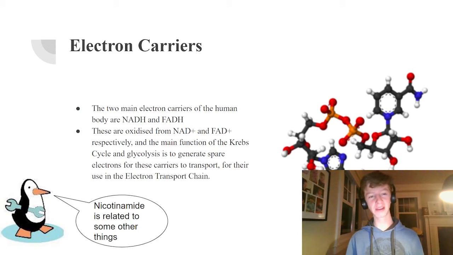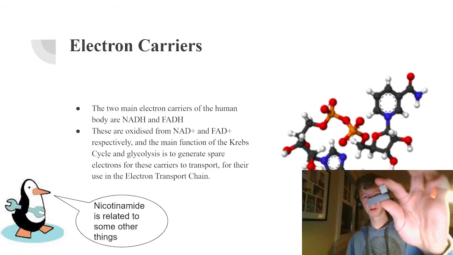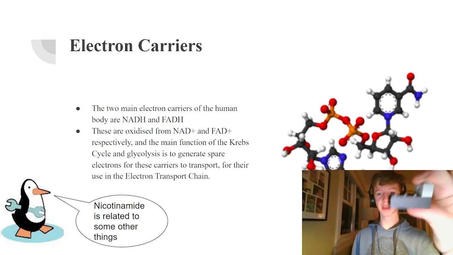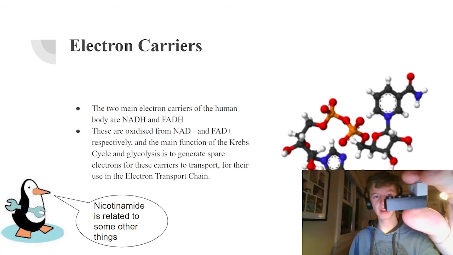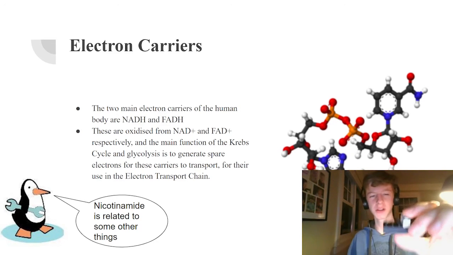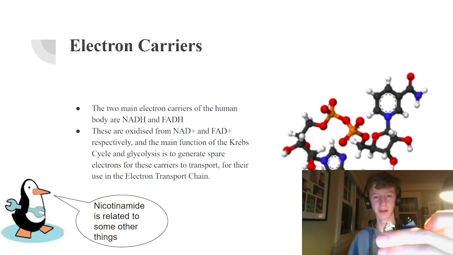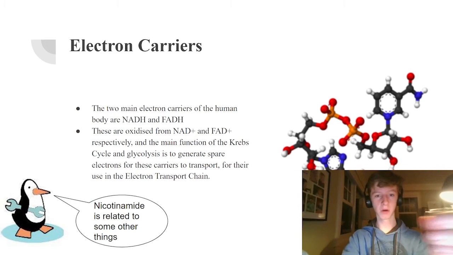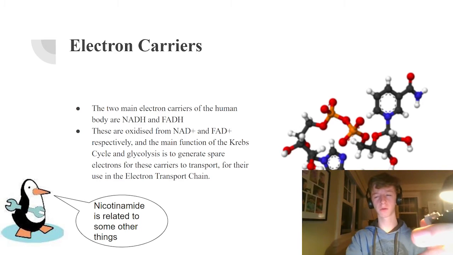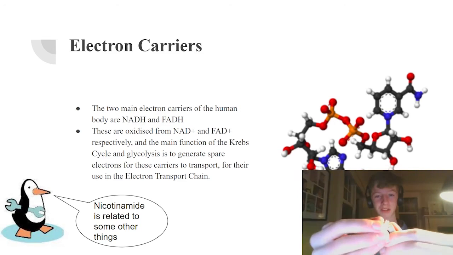So we have the two main electron carriers of the human body, NADH and FADH, for which I have provided this handy visual aid. This is NAD+. This is positively charged. It's empty. See? Look at all this blank space that you can just fit something in, like an electron. So, a lot of cellular respiration is, in fact, putting this electron